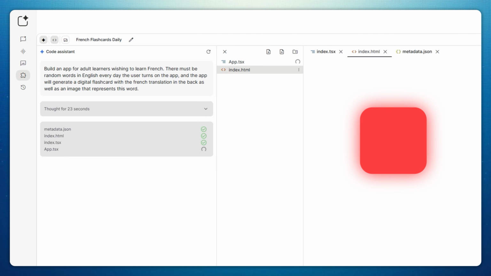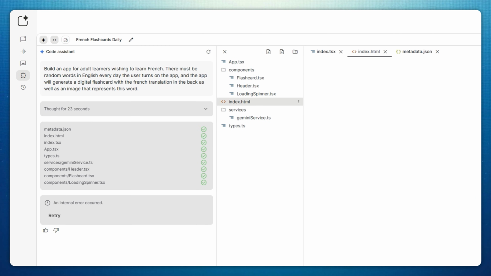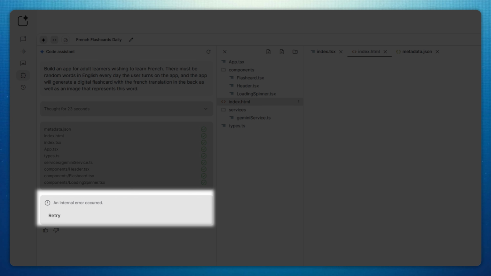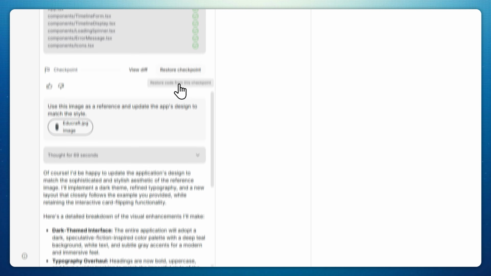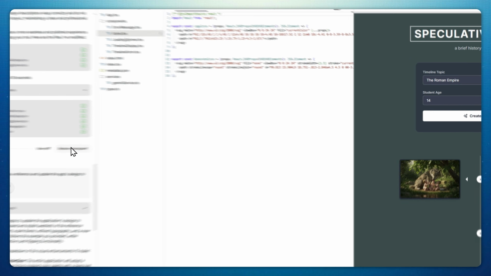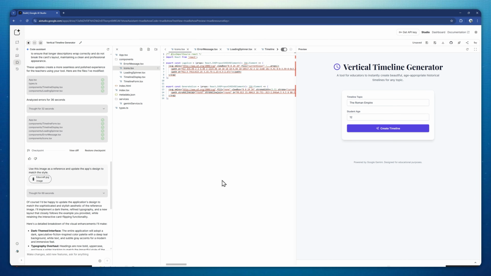App creation isn't always seamless as you saw. When errors arise or features don't work as expected, the AI typically offers to fix issues automatically. If Gemini encounters a bug, it will show a fix button. However, even if you click it, the problem might not be resolved, and this could potentially break your app. In this case, at the chat history panel, scroll up to the last working version and click the Restore This Version button. Thanks to this little safety net, you can continue tweaking from there instead of starting over.